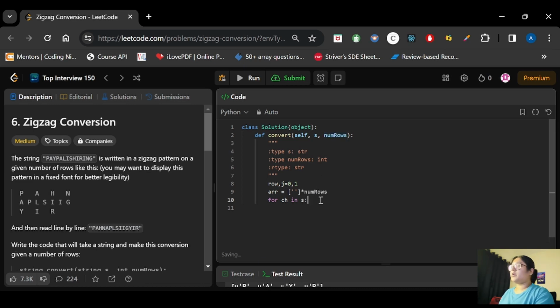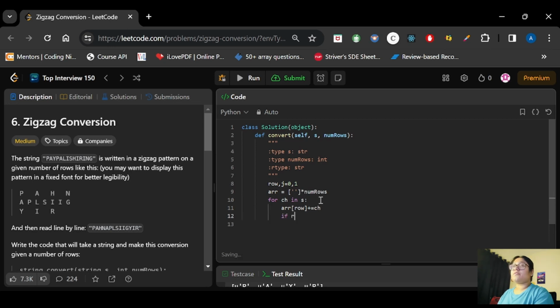Now we have that, and what we will do, we will add this character at the 0th index, or whatever row we are in, we need to add that character at that index only. So arr at that row, we will add that character, right?